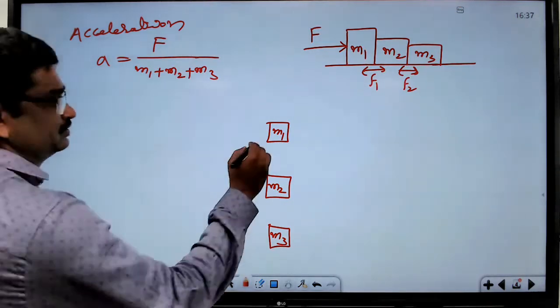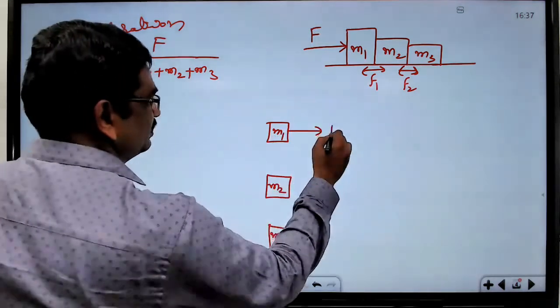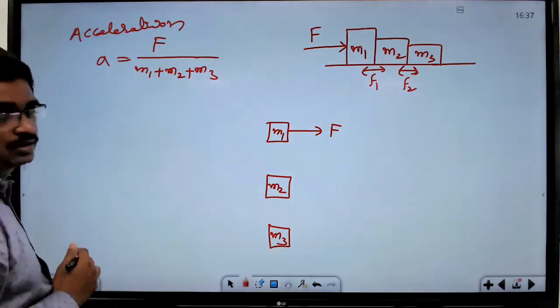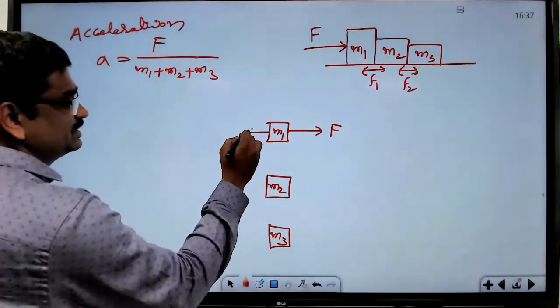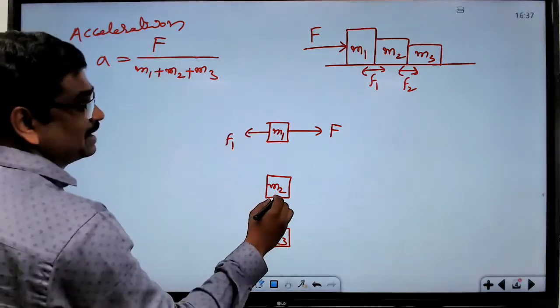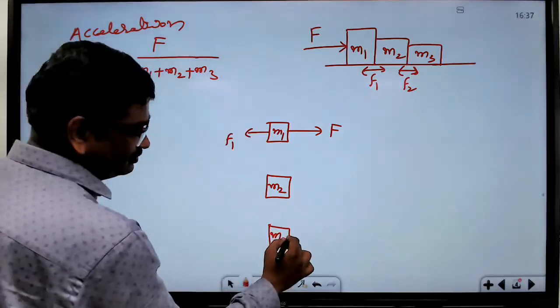For mass M1, applied force F acts towards right, opposing force F1. Next, for mass M2, for mass M3,